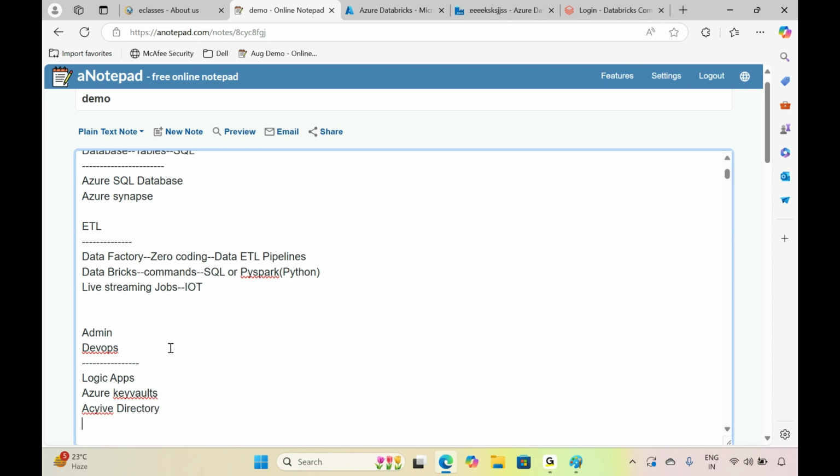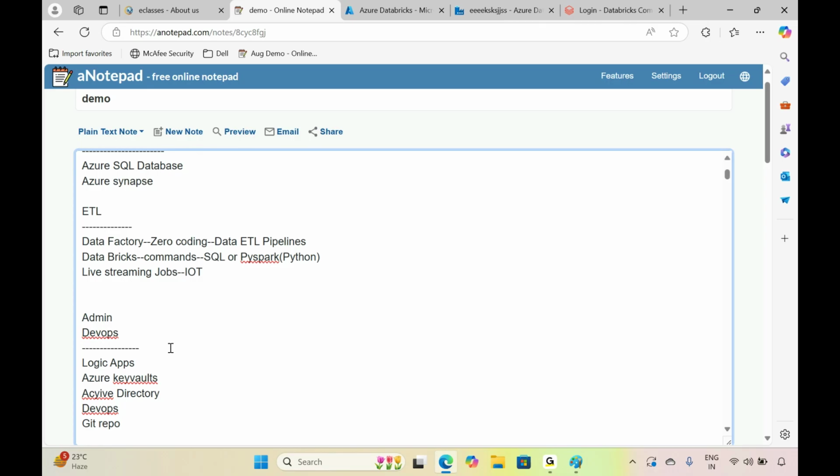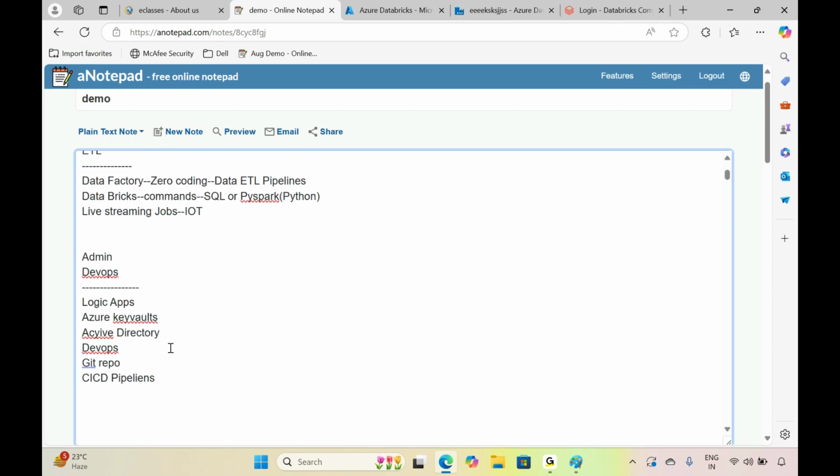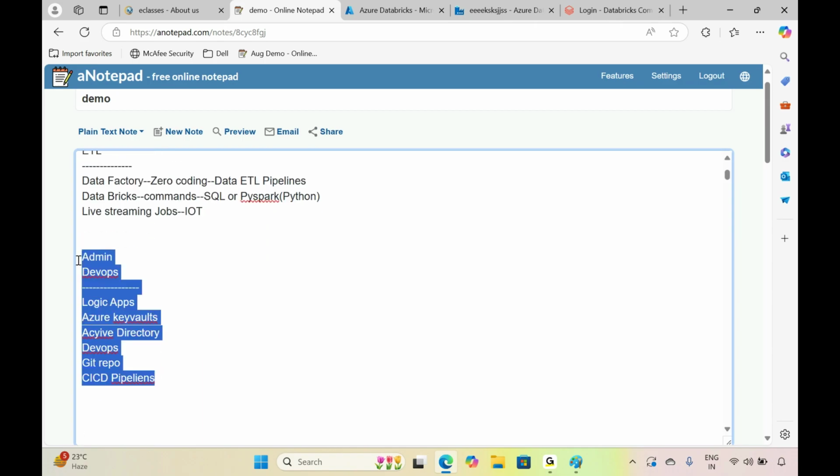And I'm going to cover DevOps concepts like a Git repository and how to do the deployment process by using CI/CD pipelines, how to create these things. I'm going to cover these as part of the administration and DevOps concepts, because you should be aware of these things as well.